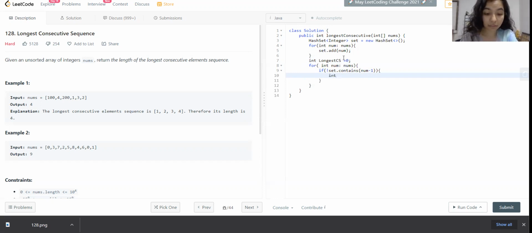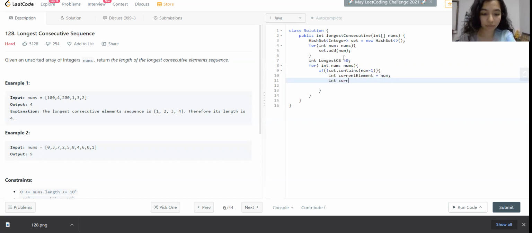then we're going to follow these steps. We'll have another integer where we'll store the current element, let's call this current element. We take this as num. And we'll have a current maximum streak.